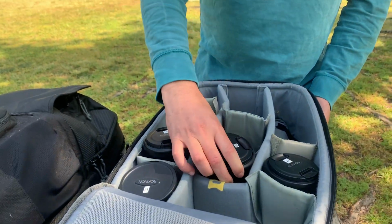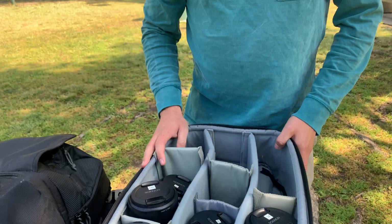This is the case the guy gave me. It was some random shady guy in LAX. It was right by the airport. I had to drive down a back alley, and it was creepy and a little scary. But he handed me this black bag, and he said there were lenses inside of it, so I trusted him,